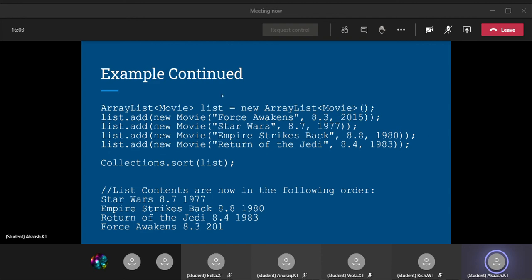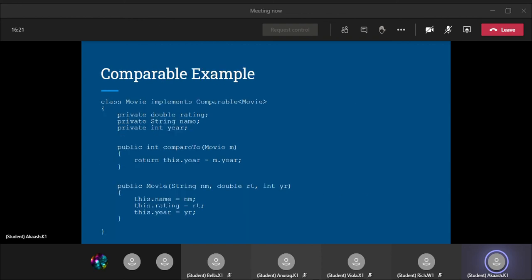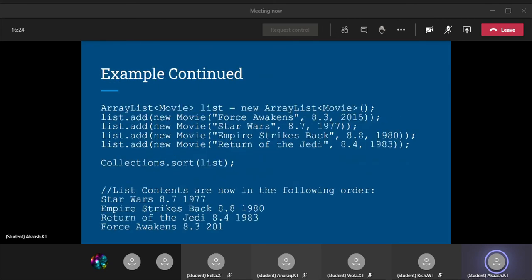Right now, the order of this ArrayList would just go Force Awakens, Star Wars, Empire Strikes Back, Return of the Jedi. But then we call this handy dandy method Collections.sort(list). We can call this method because all of the list objects are movies, and as we showed before, movies implement Comparable. So we can call this Collections.sort method on them. And what that's going to do is sort them according to the